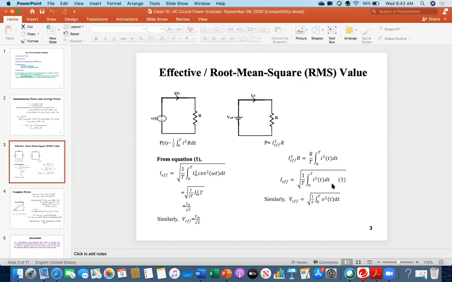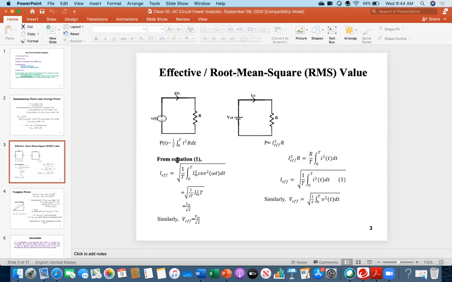So according to this mathematical definition, it is called the RMS: root, then mean, and then square. So from today, as an engineer, you will remember that I effective of an AC waveform is root over 1 over T, integral from 0 to T, of I squared dt. The same thing applies for the voltage: 1 over T, 0 to T, v squared dt. Could you follow what I am saying? Yes. Okay, great.